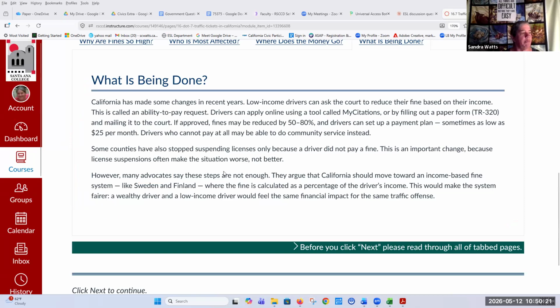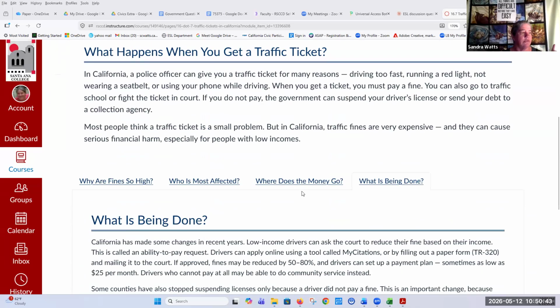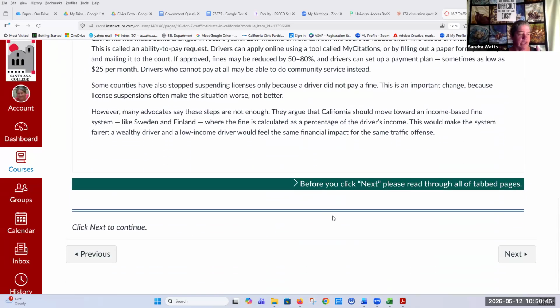Okay, so you will be happy to know that this is reading only. I did not make you do any questions or assignment on this one. This is just reading only. And yes, I know we read it here, but I really want you to go back and read this again yourselves. And if you want to read it out loud at home, it's great practice. Okay, so we've covered that.